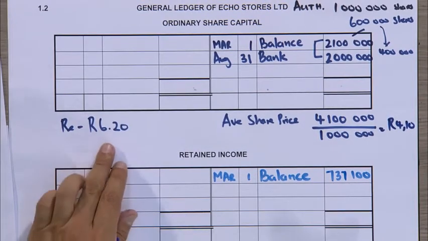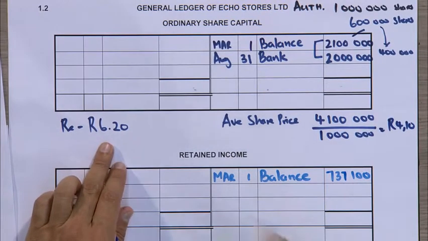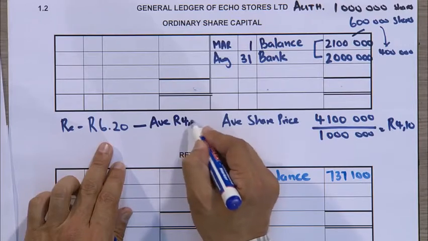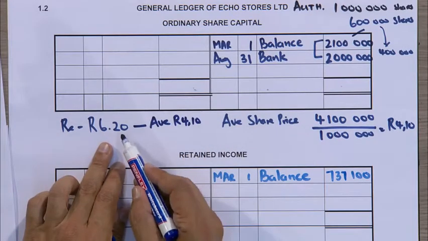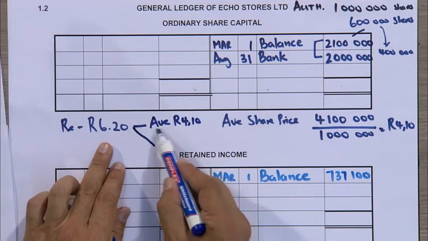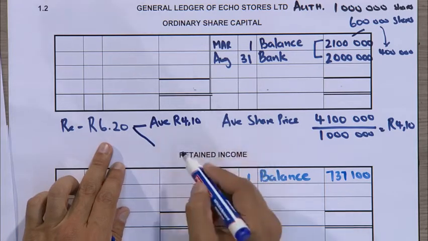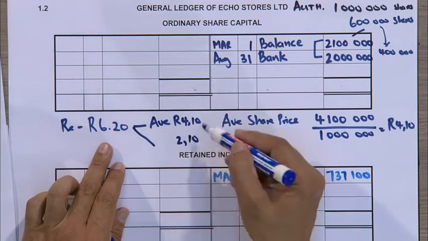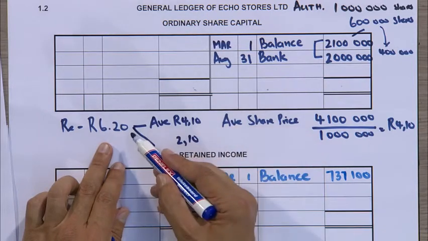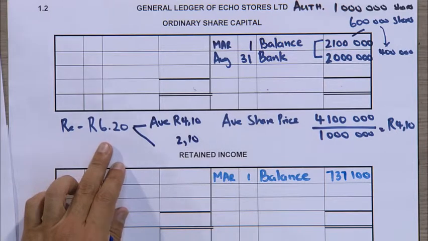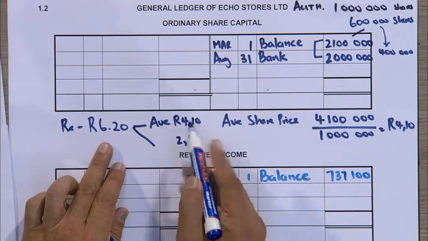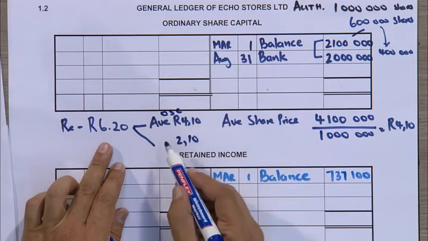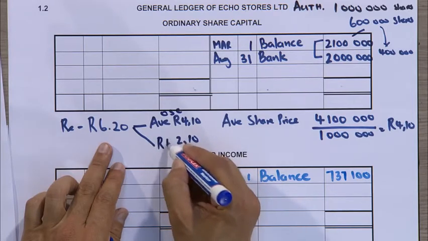Okay, but we're buying the shares back at 6.20. But the average is 4.10. So that 6.20 has to be split between the average and the amount more than the average, which in this case is 2.10. Now together these two amounts must make up the 6.20. So the average goes to the capital, that goes to your ordinary share capital, and the amount more than the average goes to your retained